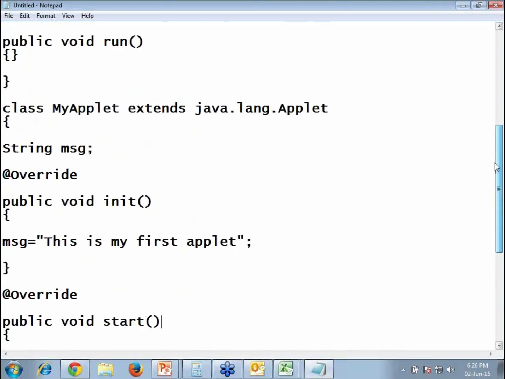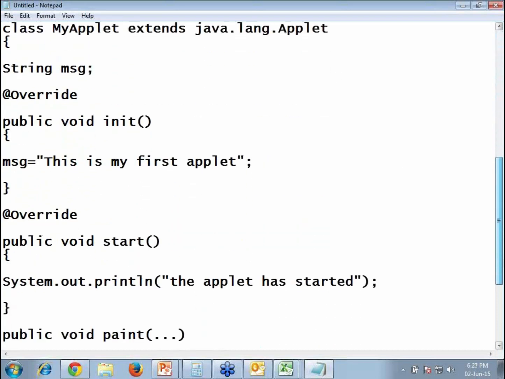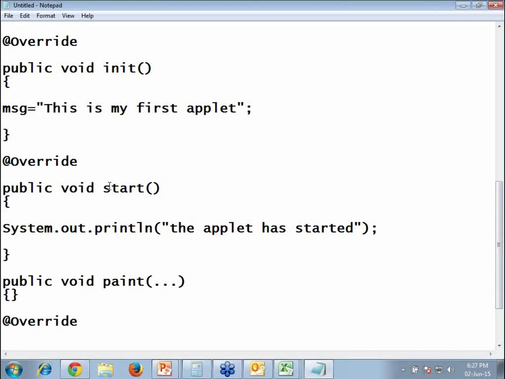Whenever we call start, the thread enters the runnable state. Similarly, what happens when you start the applet? It will get into a state called the ready state. Then what's the next thing to be done?